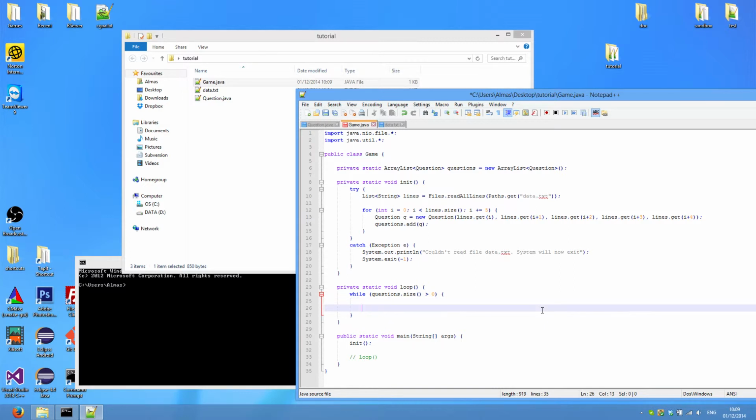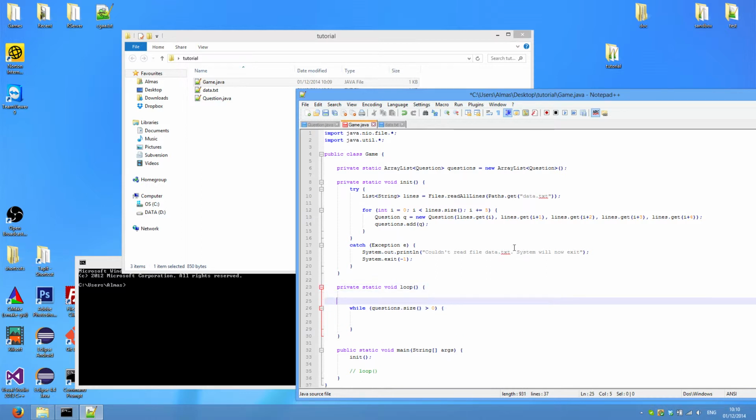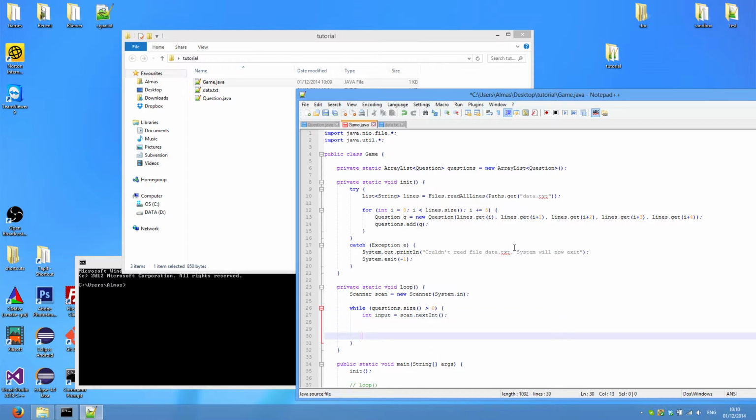We also need a way of reading input. So we'll need a scanner, which is the easiest way to read something from the terminal. Scanner scan = new Scanner(System.in). int input = scan.nextInt(), I think it's nextInt. Alright, we've done that. Now, before we read the input, we need to